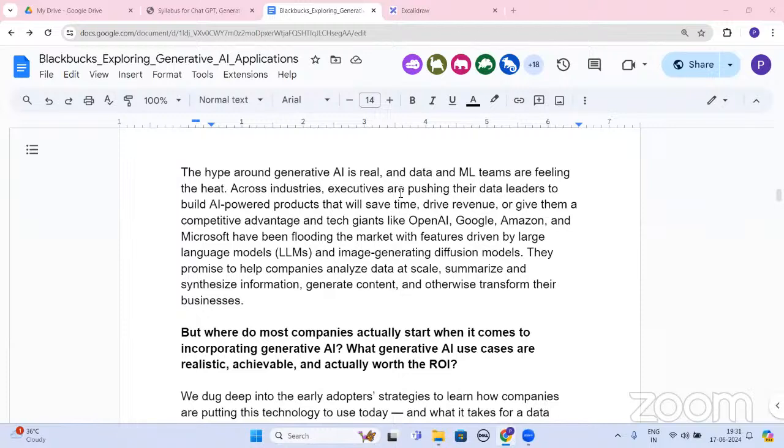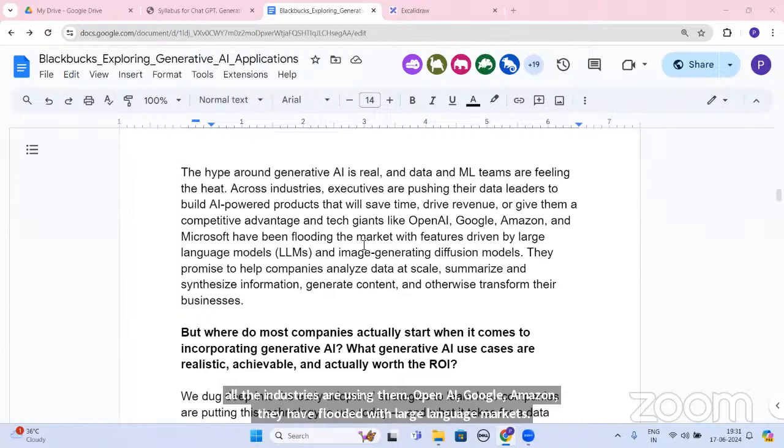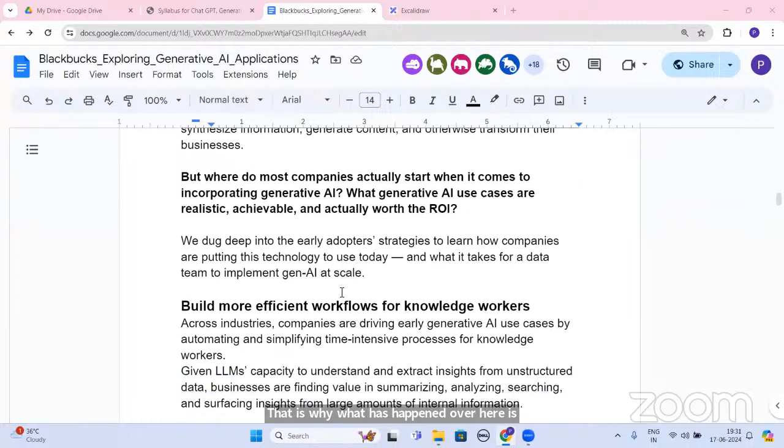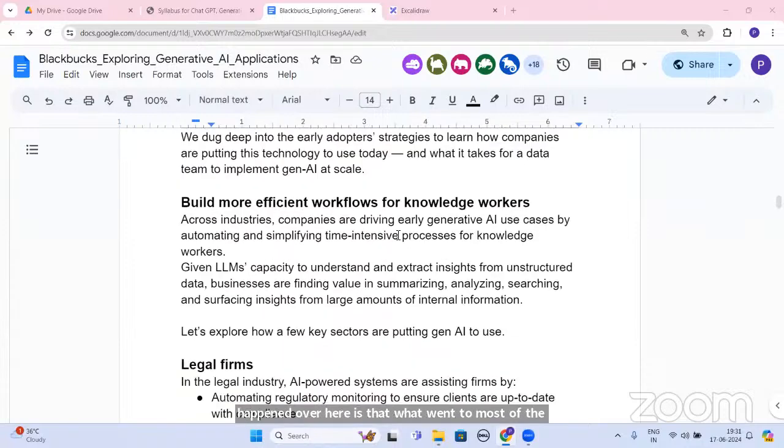And hence we need to take into consideration that all the industries are using them. OpenAI, Google, Amazon, they have flooded the market with large language models, right? That is why, with time, where do most of the companies start when it comes to incorporating this part? So let's try to see this part.